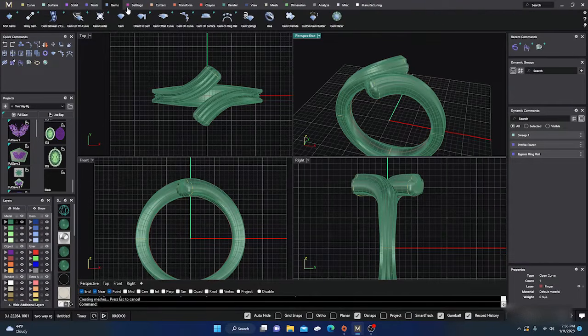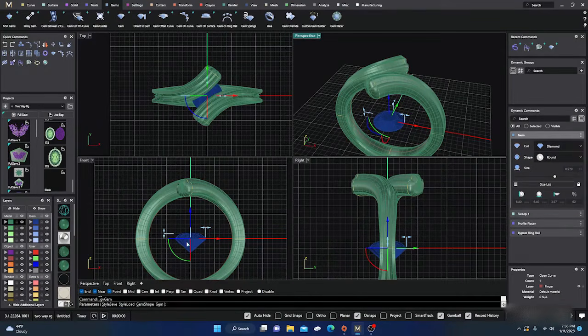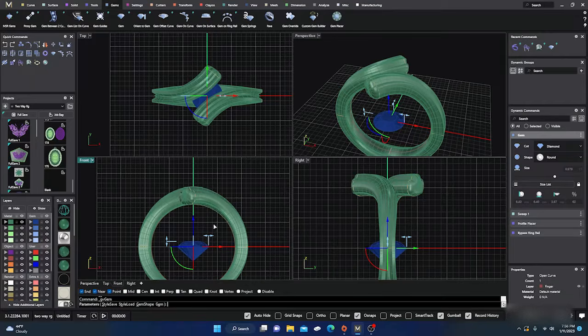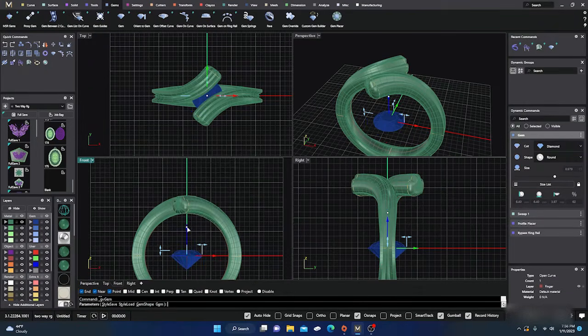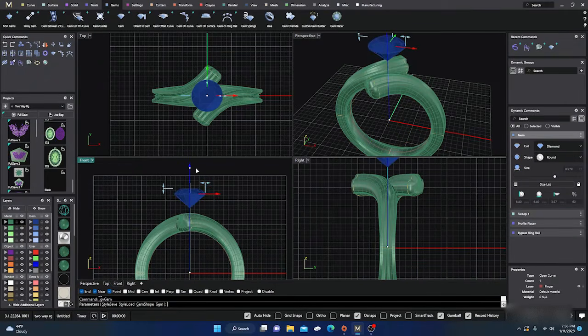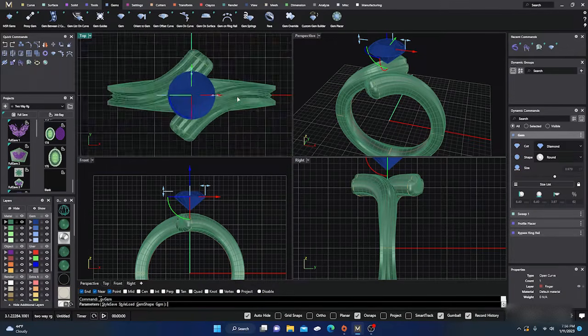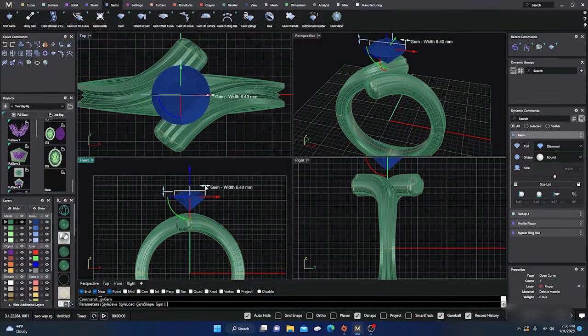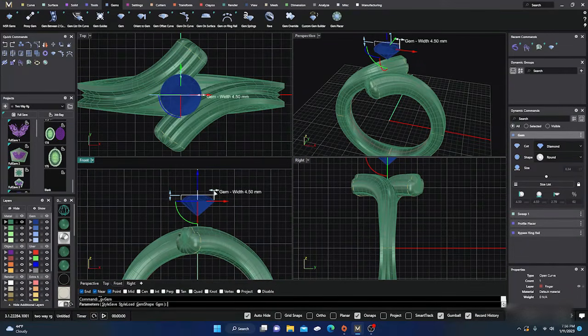So let's just grab a gem. We want a gem. And we'll just go with a single gem, right? So we'll click on that, and it automatically places a 1 carat round out there as default. And we can drag that up, say we want it like right around in here. And we want to make it just a little bit smaller. So we want a little bit less than a half carat, so it's a 4.5. If I hold down shift, I can make it 5, which is a half carat,